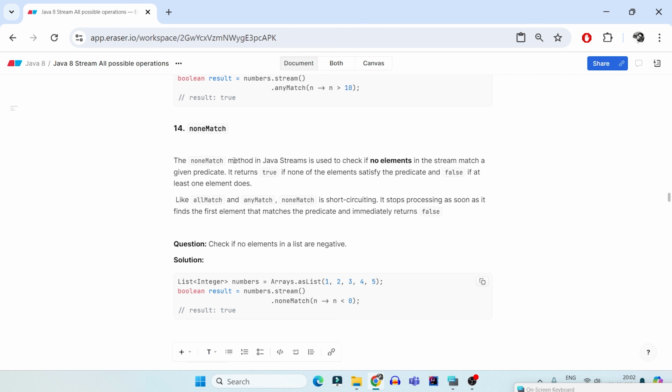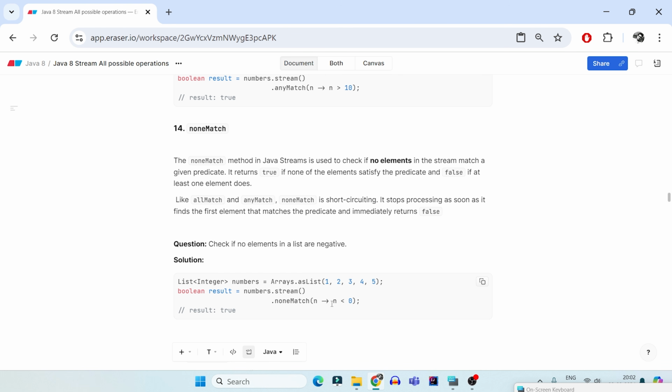The next is noneMatch. Now noneMatch is a way to check if no element matches the given predicate. For example, check if none of the elements are negative. Is 1 negative? No. Is 2 negative? No. 3 negative? No. 4, 5? No. None of them are negative, return true. If any of them would have been negative, for example, my 2 was negative. So 1 negative? No. 2 was negative? Yes, it was -2.